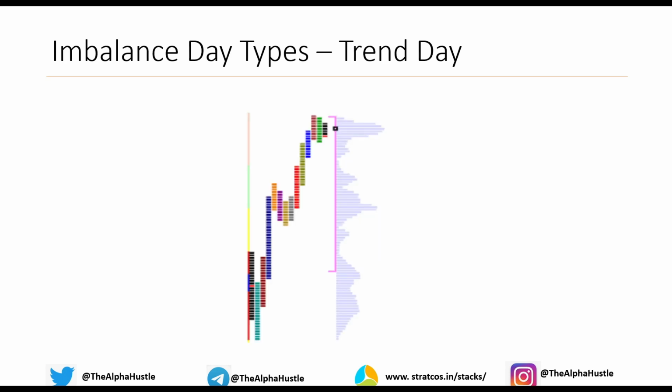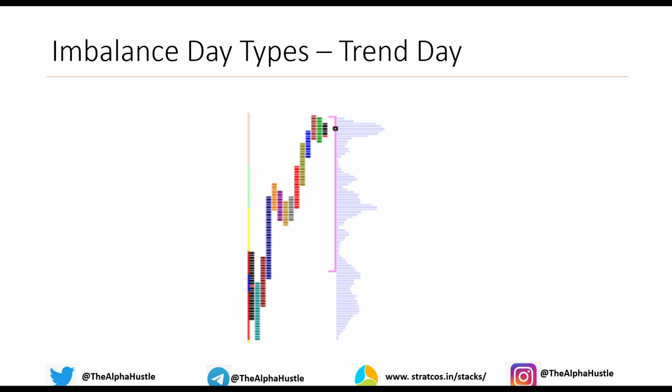The first of the imbalanced day types is a trend day. Trend day marks the highest confidence of the day types, where the one time frame takes control of the market auction right from the open to the close, making one time framing higher. One time framing is nothing but making higher highs and higher lows on a 30-minute time frame. If the lows of the earlier 30 minutes haven't been breached, we can say that the market is one time